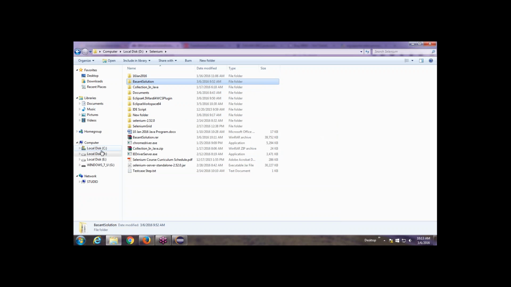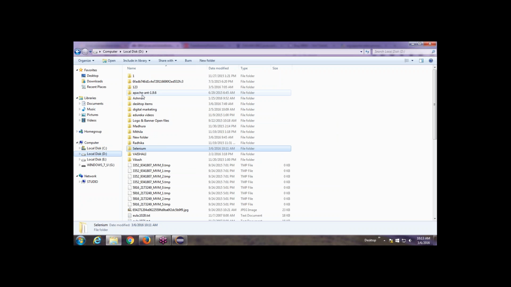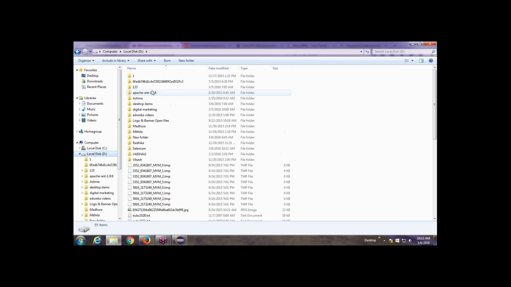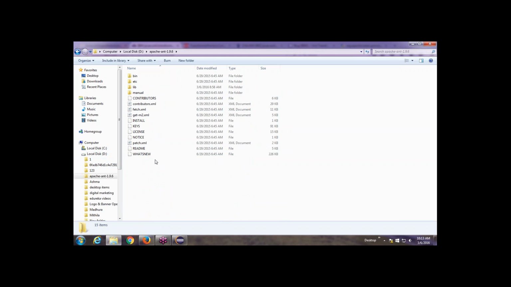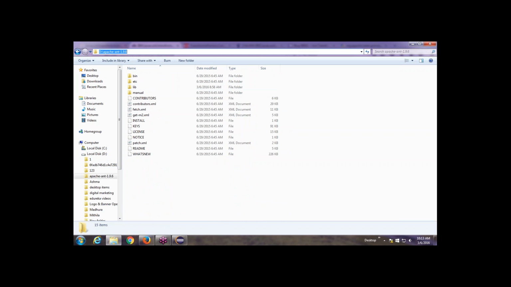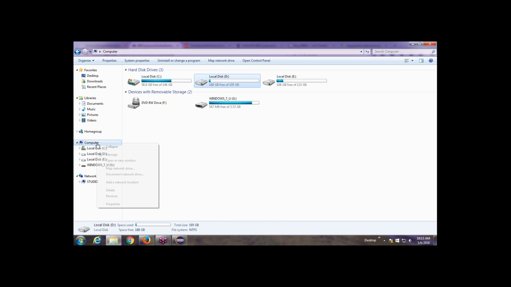store it in some place. Either you can save it into D drive, or C drive or E drive, any drive you are using. That location where you store that folder, like Apache Ant 1.9.6, okay, like this. So everything will be there. Just come back and select the path, copy the path,